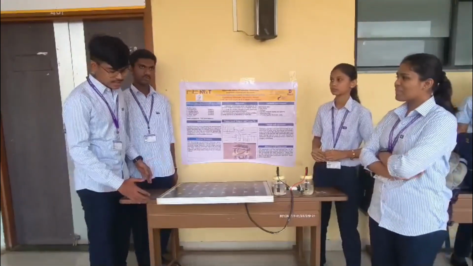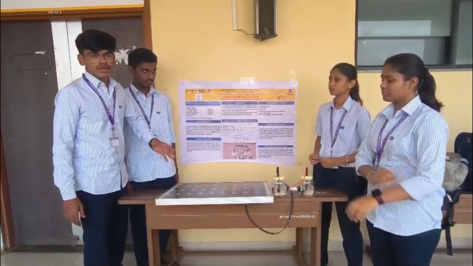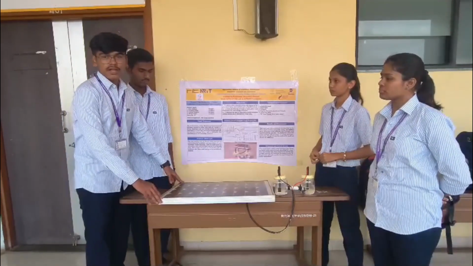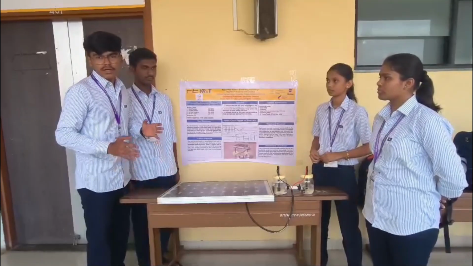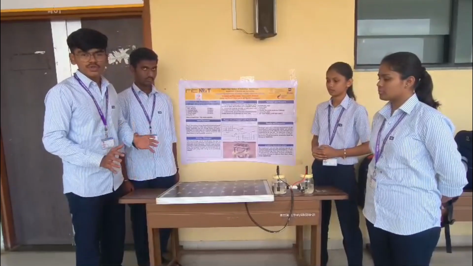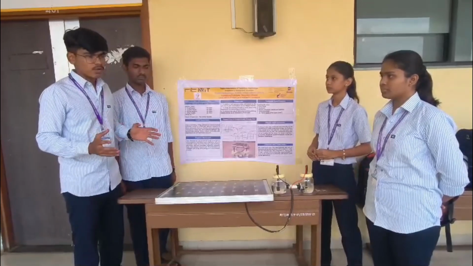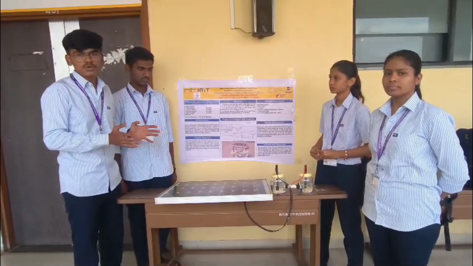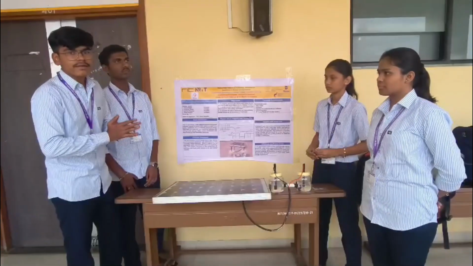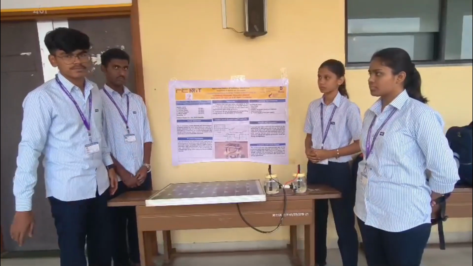The working of the project: we have used a 20 watt solar panel and 2 electrodes, anode and cathode, which are made of graphite. By this solar panel we are generating 1 to 1.5 ampere electric current. This is used directly in our project. There are positive and negative charge carriers, and both are passed to different electrodes. Negative charge particles are passed to the cathode electrode and positive charge to the anode electrode. At the cathode electrode, hydrogen is formed and at the anode electrode, oxygen is formed.